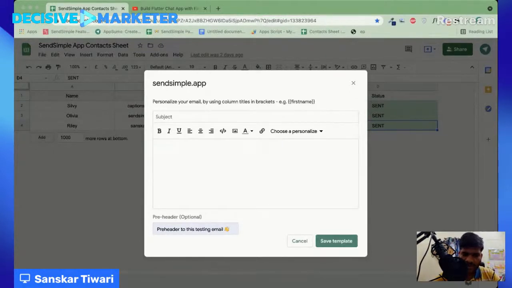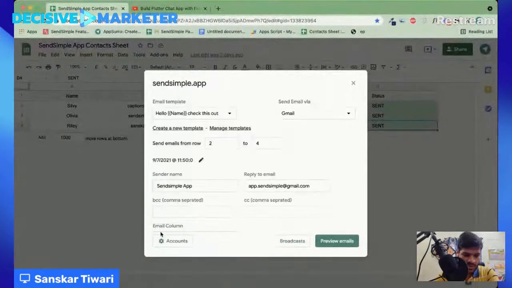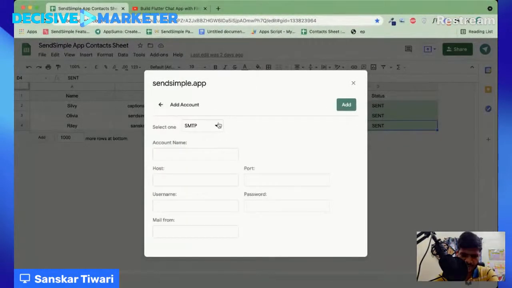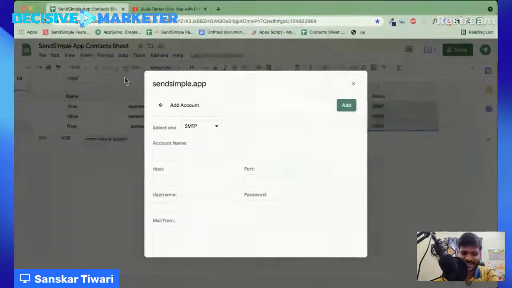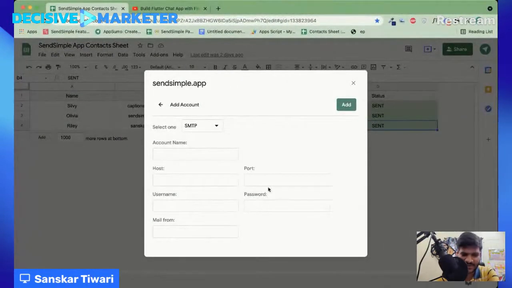And there is another question: can I remove and add Gmail accounts and use them as required? If you go right now to this account section, you have Amazon SES, you have SMTP, you have SendGrid as well. So you can actually use another Google account with the SMTP. Right now we are not stopping that. You can add as many accounts, even with Gmail, if you want.